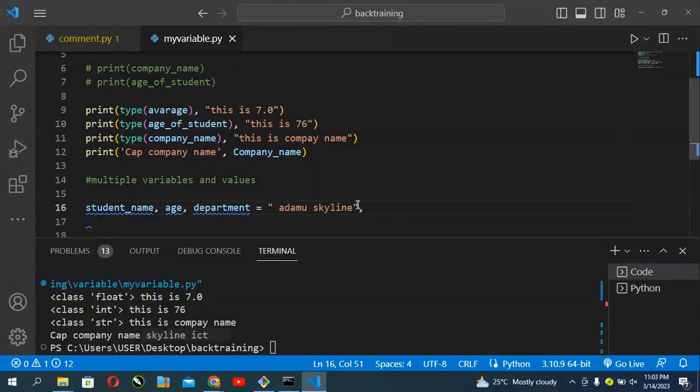Then age is 20 years. Then department is